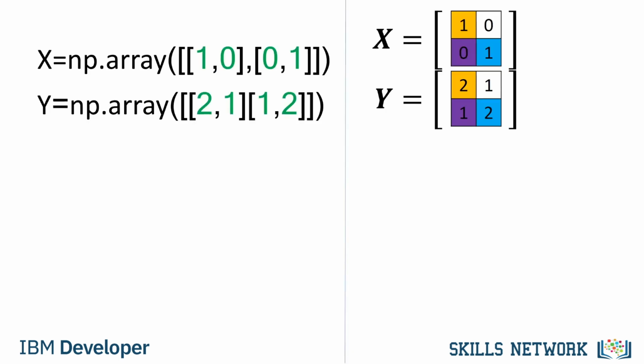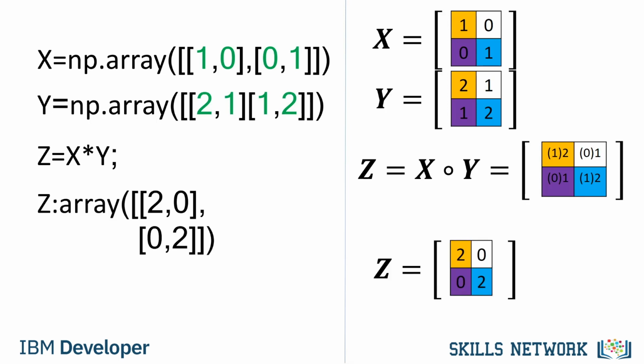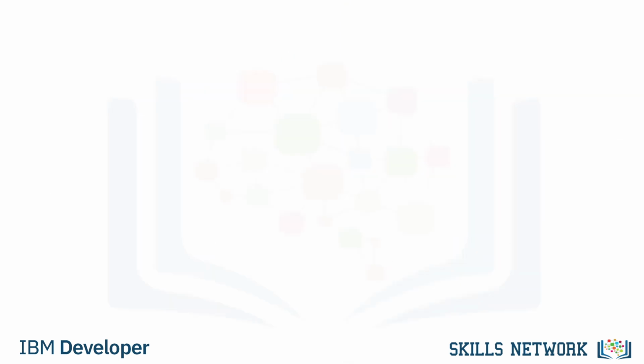Consider the arrays X and Y. We can find the product of two arrays X and Y in one line and assign it to the variable Z as follows. The result is identical to Hadamard product. We can also perform matrix multiplication with NumPy arrays. Matrix multiplication is a little more complex, but let's provide a basic overview.